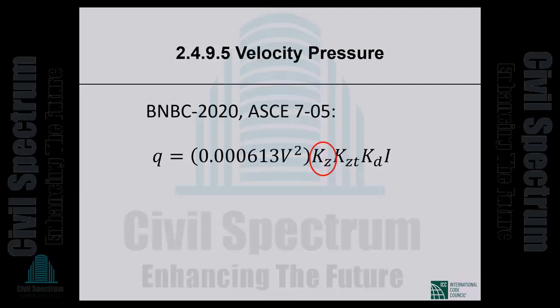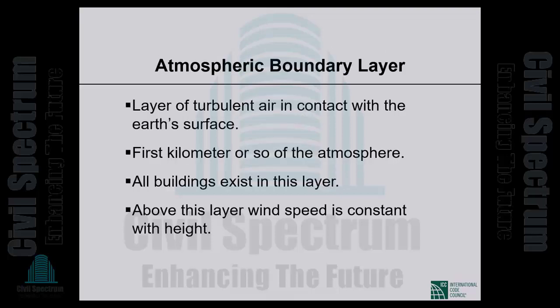What if we need to know the wind velocity at 20 meters above ground of exposure C? K sub Z will take us there. K sub Z will take us from V, which is at 10 meters above ground of exposure B, to wind velocity at any height above ground of any exposure. Okay, so